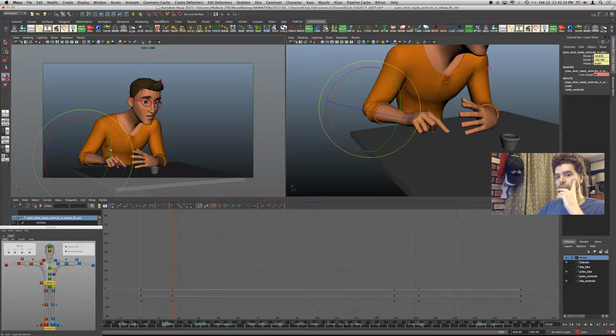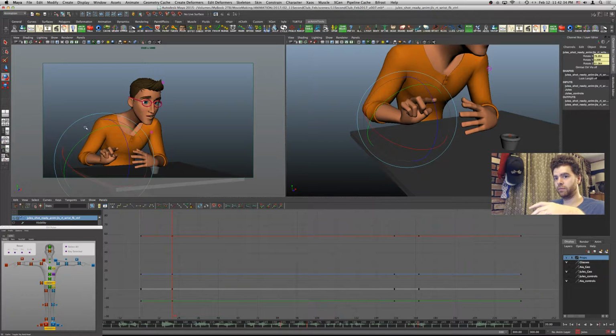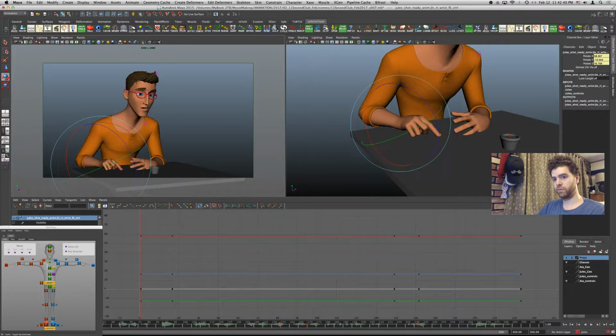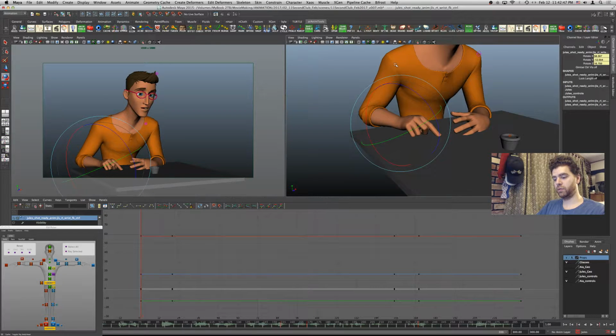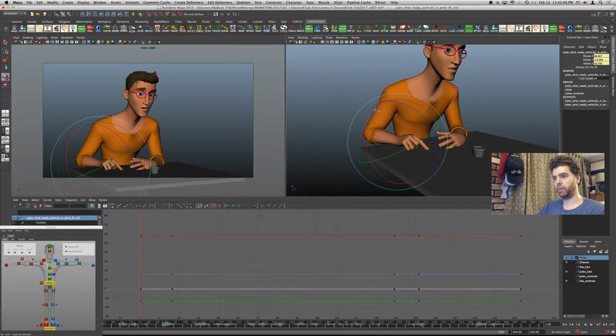Now, here's a good question. So I have this set up as FK right now, which is why when this next pose happens, the hand lifts, because these subsequent joints are pulling.